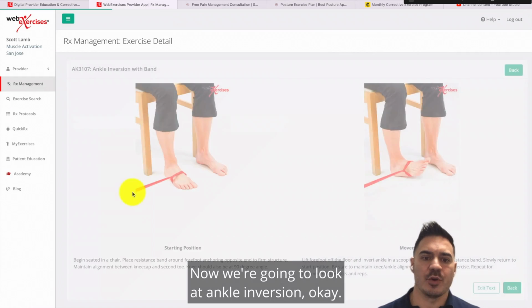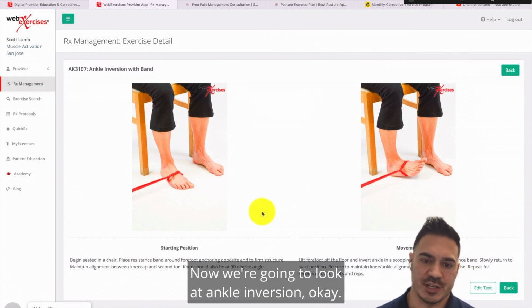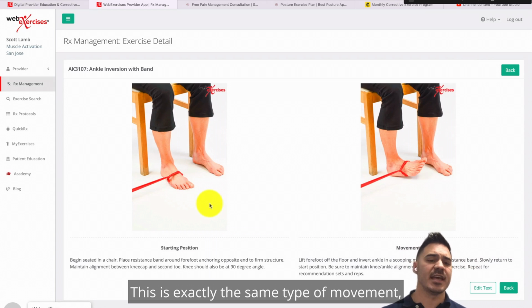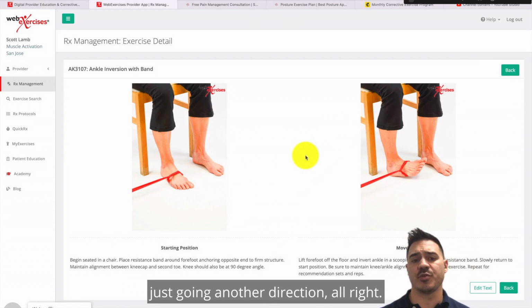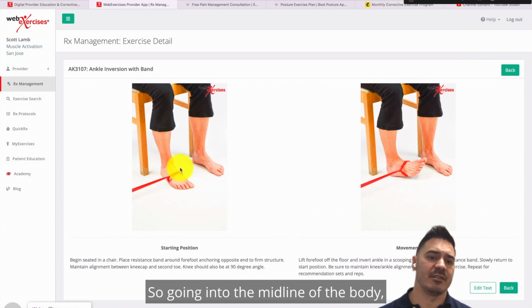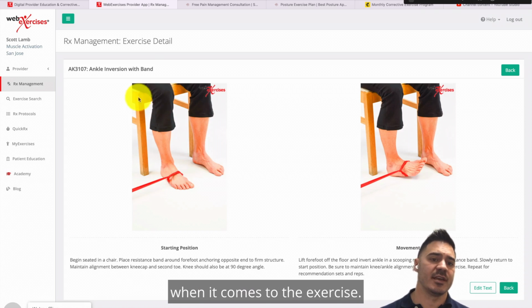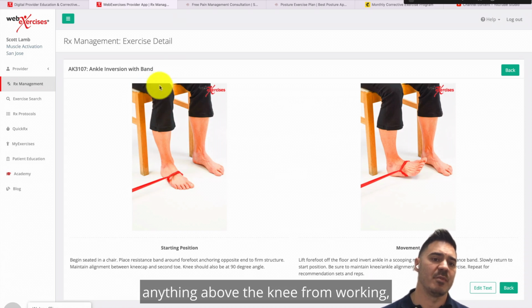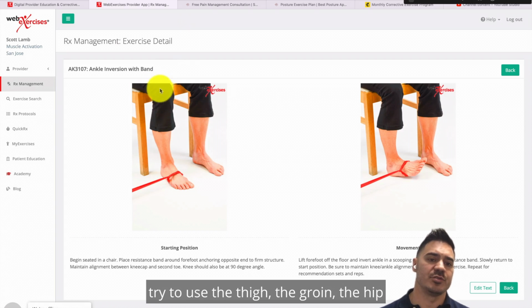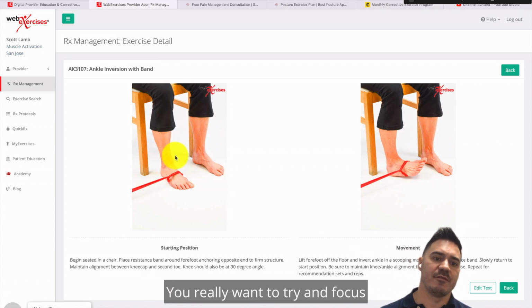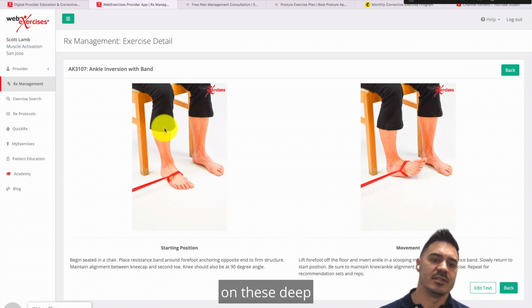Okay, now we're going to look at ankle inversion. This is exactly the same type of movement, just going the other direction. So going into the midline of the body, inside the midpoint of your body. So everything is exactly the same when it comes to the exercise. Again, trying to prevent anything above the knee from working. It's going to be really easy for you to try to use the thigh, the groin, the hip to try to help out with this. Really want to try and focus on these deep